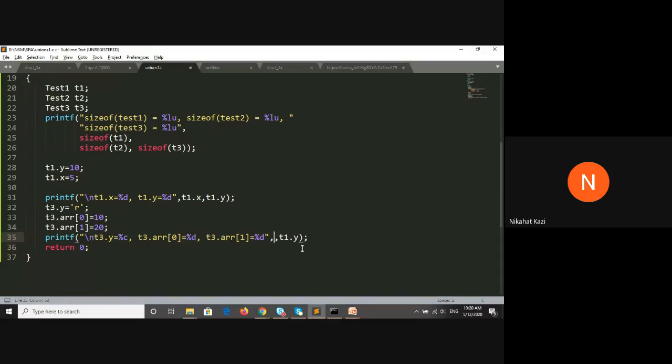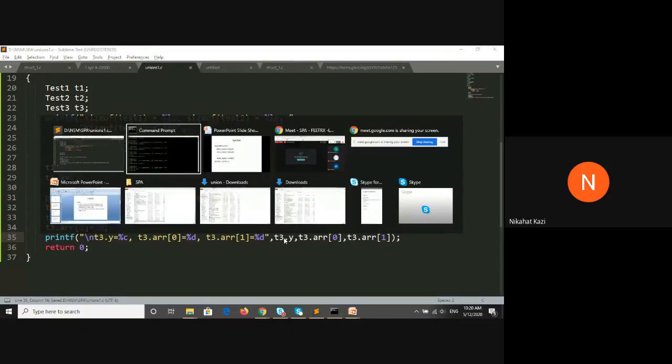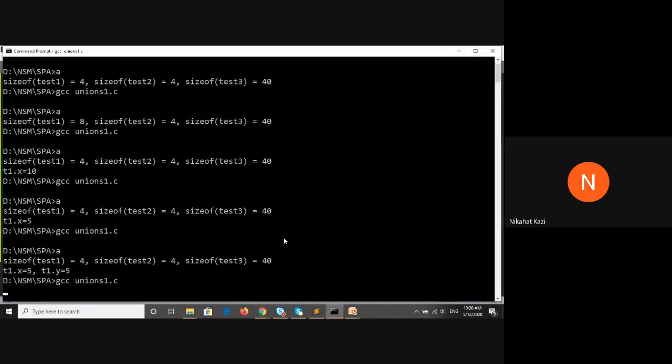So it is t3.y, t3.array of 0, and t3.array of 1. Let us compile this again.